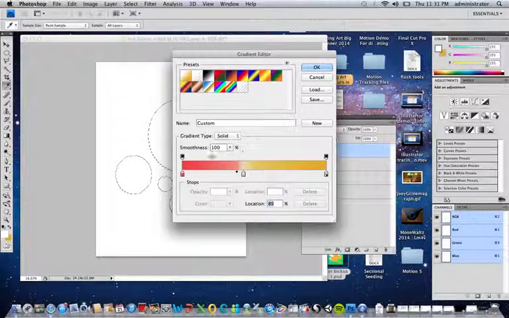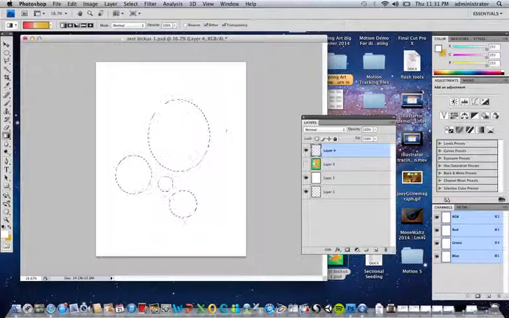So that's just kind of how you use your gradient to create the color that you want. What we're going to do next is just hit OK. You can also save it. And then because we have a selection, we're on layer 4, basically what this is going to do is just fill this thing. So what I'm going to do is click, I'm going to drag, and you see that line